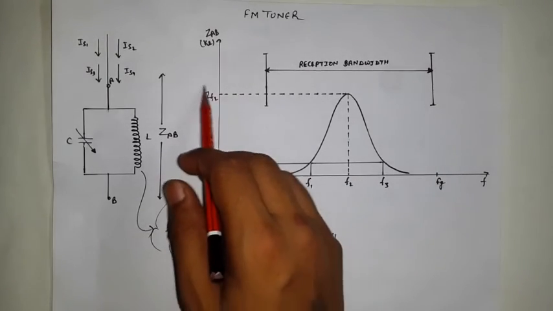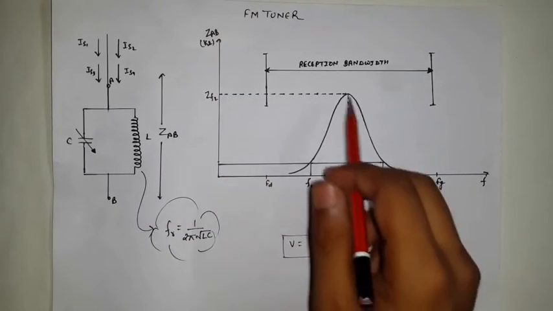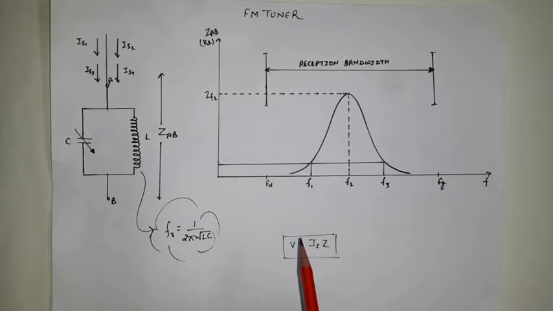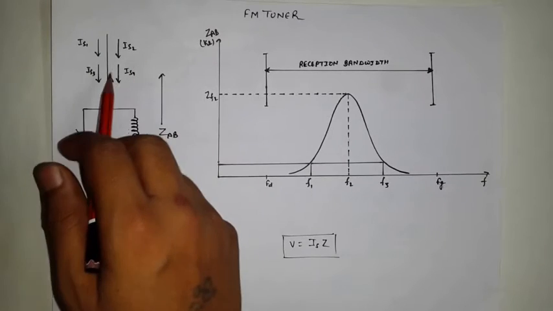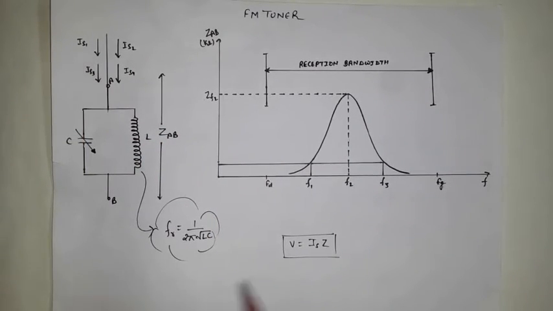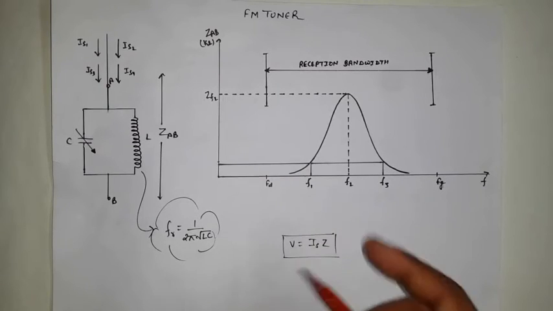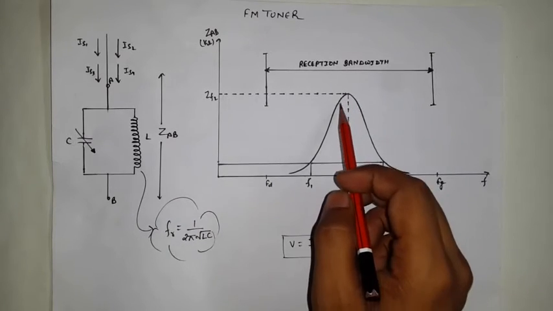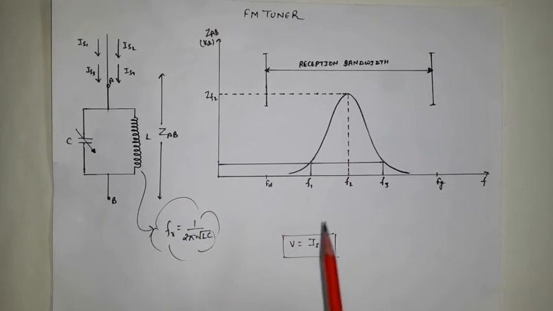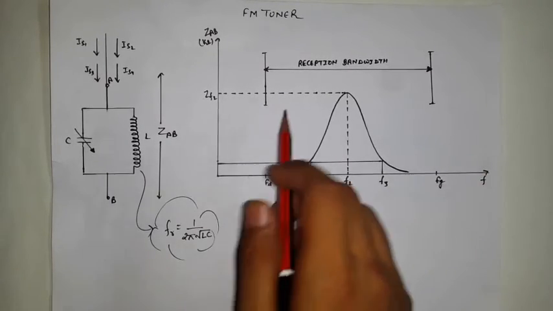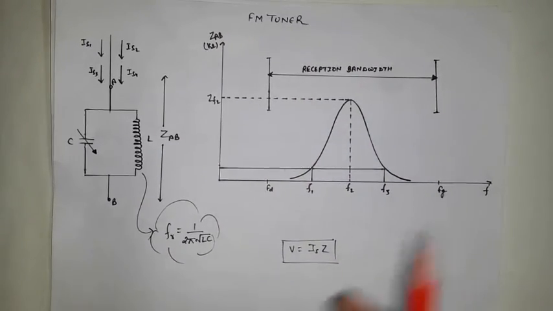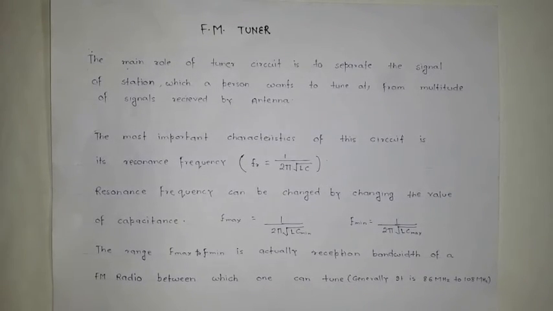You have seen this well-known graph here. The impedance of the circuit depends upon the frequency. Since IS1, IS2, IS3 are very small and approximately equal to each other, the voltage of the corresponding frequency is directly proportional to the impedance. Impedance for the resonance frequency will be maximum, and hence the voltage for the resonant frequency will be maximum. The reception bandwidth of the circuit depends upon the maximum and minimum value of the resonance.